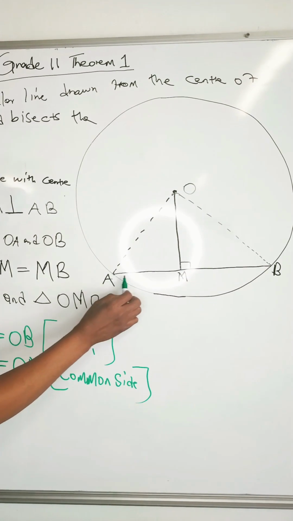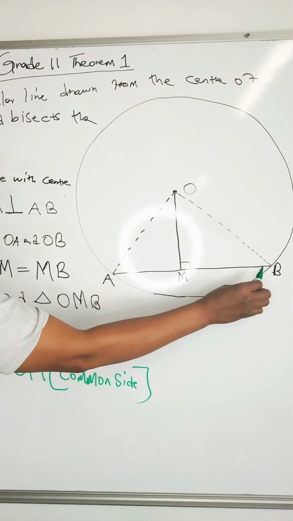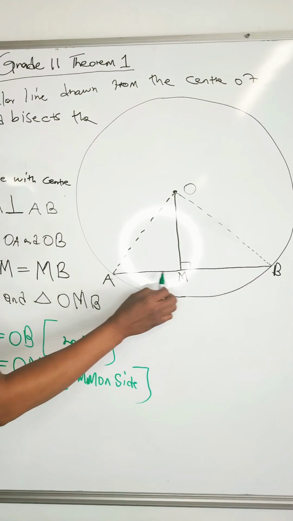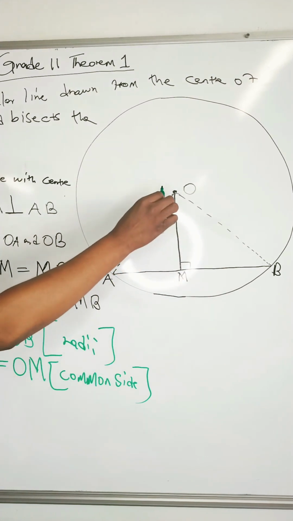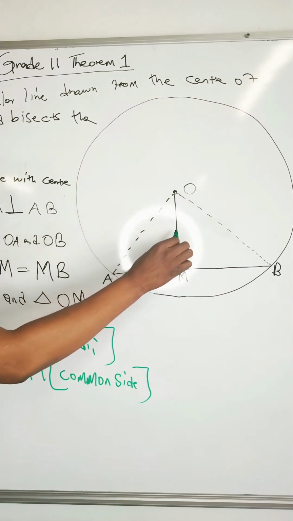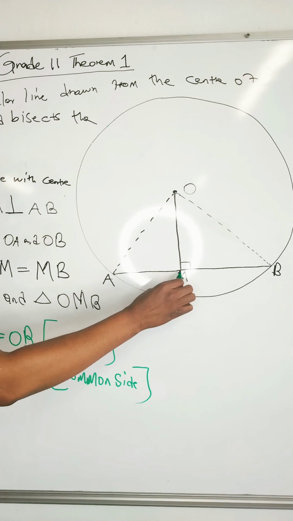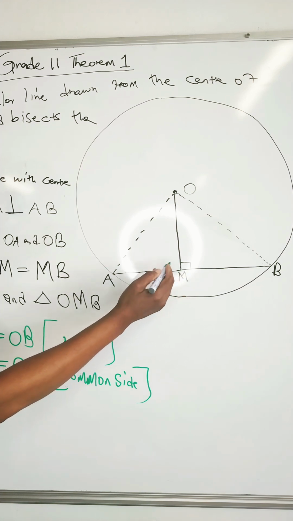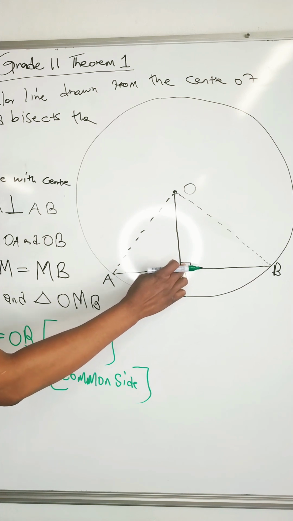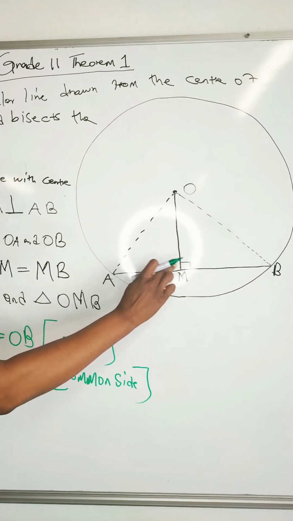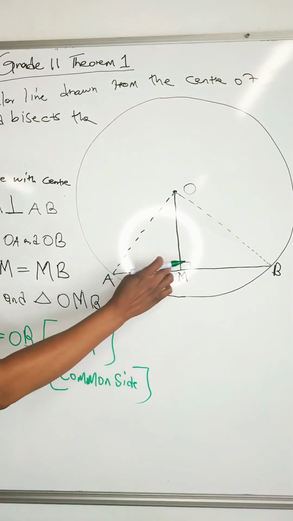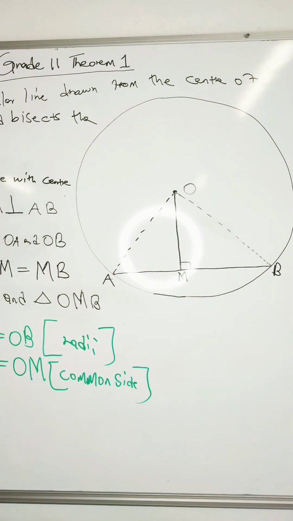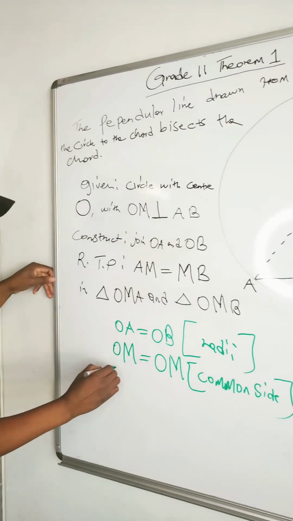Do you agree? This is a straight line. And that straight line has been cut into two equal parts, then it means this angle is equal to that angle, because both of them are what? 90 degrees. So we're going to say, okay, angle